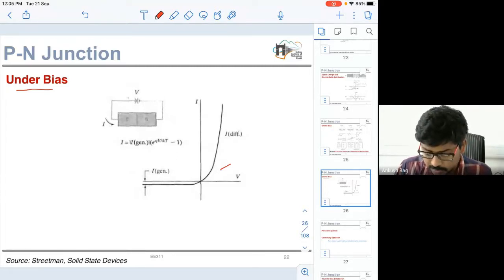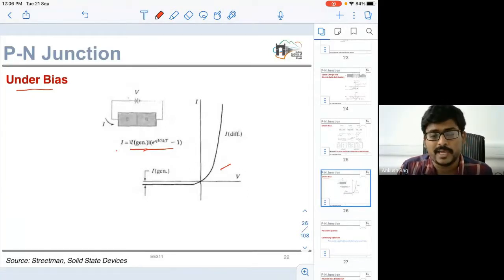Once again, we'll try to derive the mathematical equation of this diode, that you know, I equals I naught into exponential QV by KT minus 1. How this exponential equation comes for your diode, we'll see from those 5